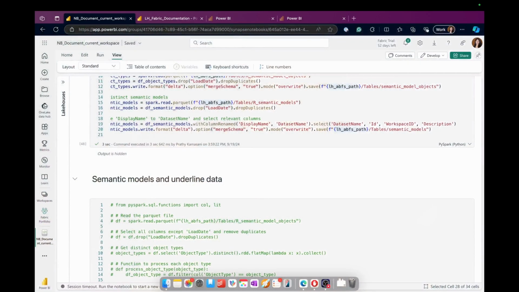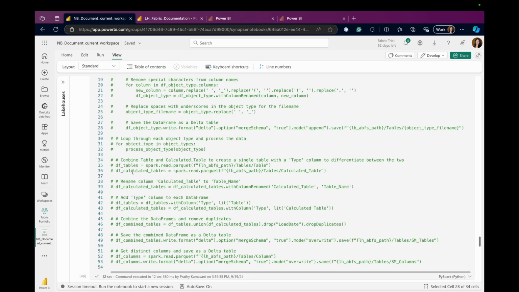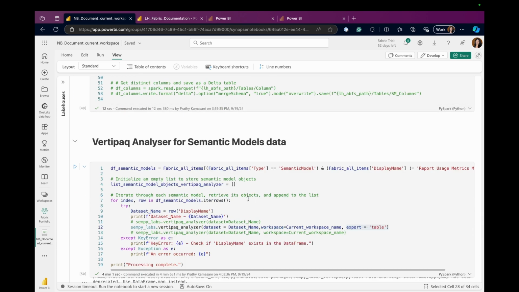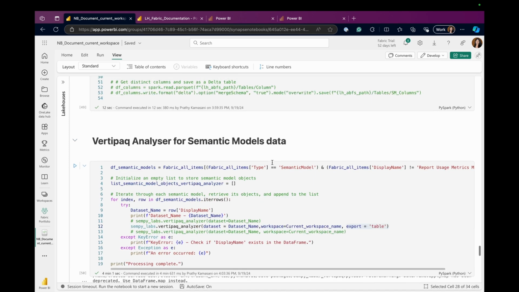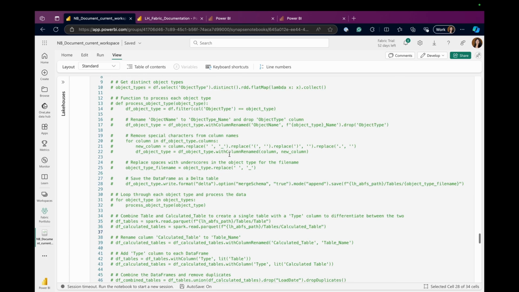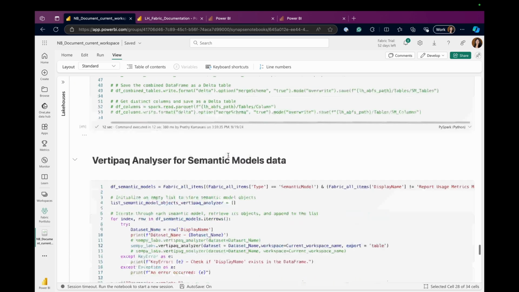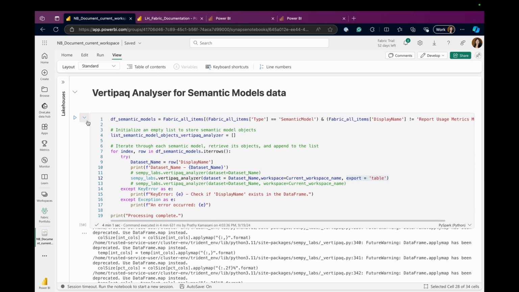But in this case, I'm not doing all those things. What I'm doing is I'm basically just running the Vertipaq Analyzer to get the data about all my semantic models into a table. So you may have noticed I skipped a code cell here. That is because when I'm working with Vertipaq Analyzer and I want to keep the data in a delta table,